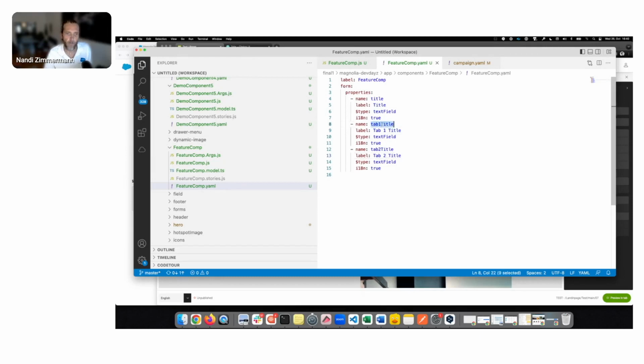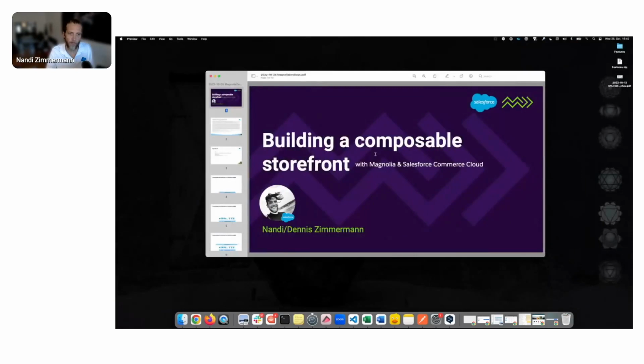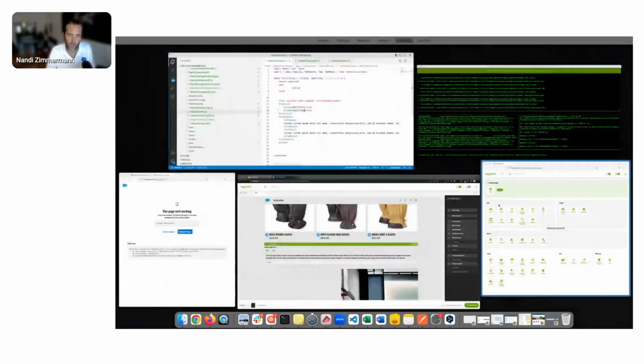Let's make sure that we are utilizing them within our component itself. So let's do it like that, and like that. And now, once we have done that, we switch back to